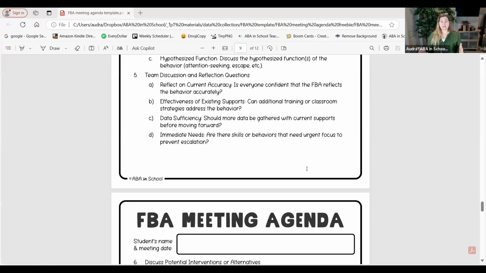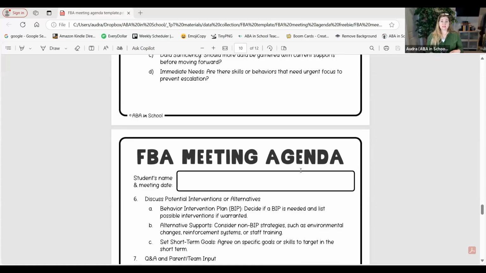Is everybody confident? This is the time to discuss this as a team. Is everybody confident that we've captured it? We have enough data? Do we need to do a little bit more? Do we need tweaking? Or are we like, yeah, we got it this time? And I think this is a big one. Are there any immediate needs, significant needs for safety that we need to watch? Because I think we're going to jump on safety issues really quickly,